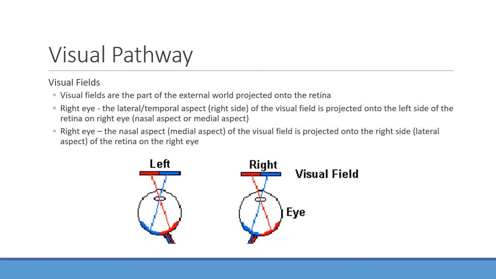So normally what you're going to see, as far as the visual fields go, we're going to look at how this actually gets transmitted here. So when you're looking at something, everything is flipped upside down and then left to right, right? So if you have something that's going to be focused on, and you can go through this on your own, but imagine we're looking at the right eye initially, okay? What you're going to see is that with the right eye, when you're focusing something onto it, that light is going to be crossing over. So say, for instance, you have light coming from the lateral aspect there, right? It's going to be shining through and then focusing on the medial, the nasal aspect of the right eye, okay? Something's going to be coming from the left side.